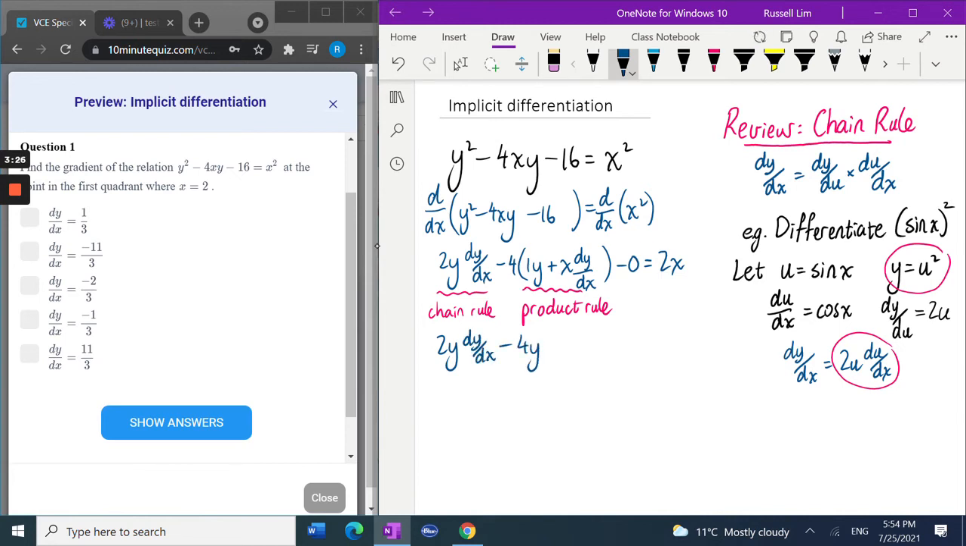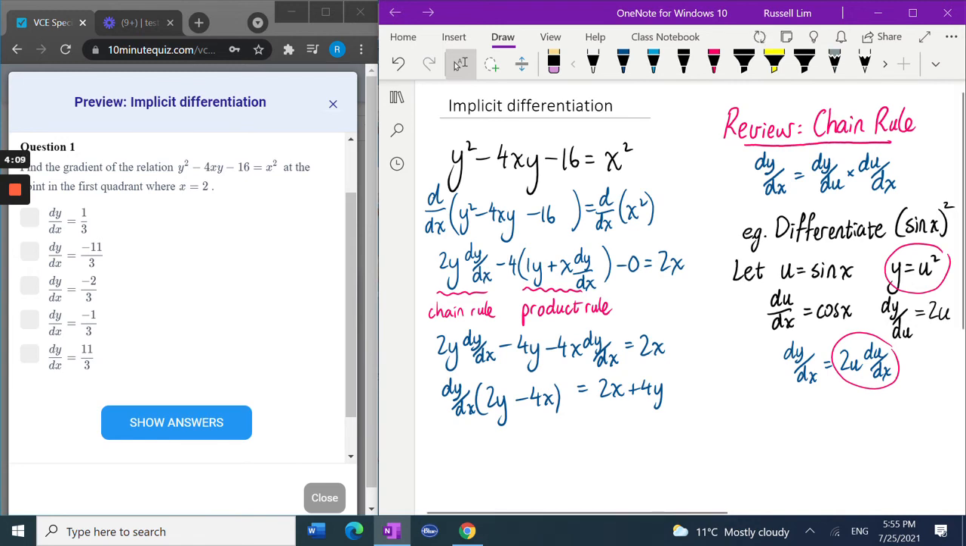So I would have 4y minus 4x dy/dx is equal to 2x. Now I could sub my x and y values in here, or I could isolate dy/dx, which is what I will do in this case. So I'll move the 4y to the other side. And I've got two terms with dy/dx in them, so I can take out dy/dx as a common factor, and I would have here 2y minus 4x. Okay, and then dy/dx would be equal to (2x plus 4y)